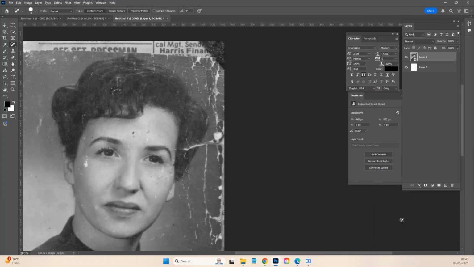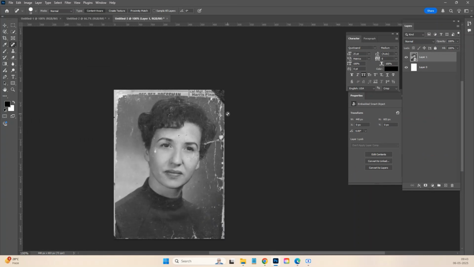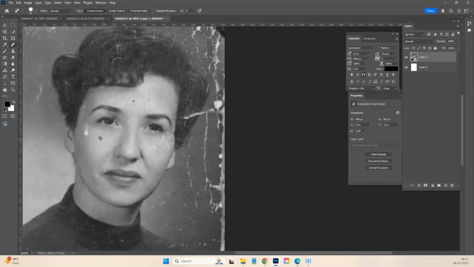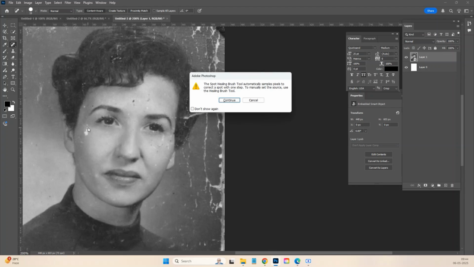Let's first convert it into a smart object. Okay, so we have this spot healing, remove, healing brush, patch tool and this. So first we are using this spot healing brush tool. Spot healing brush tool is used to remove any small spot. So how we use it? We'll press Alt. Every time we have to use a spot healing brush tool, we have to press Alt plus,